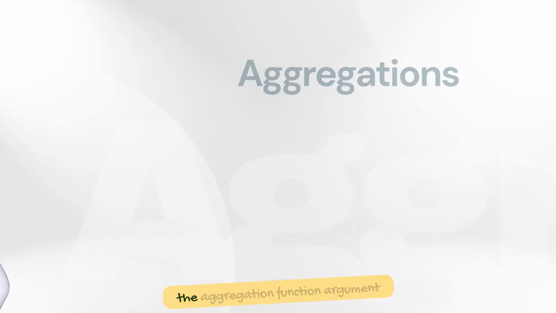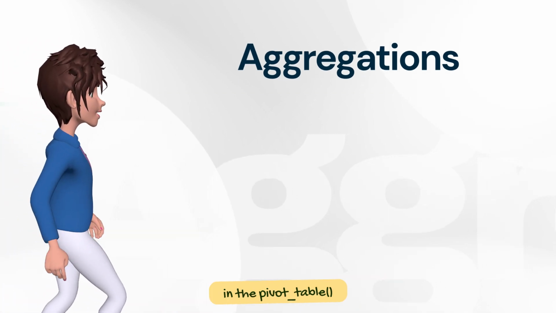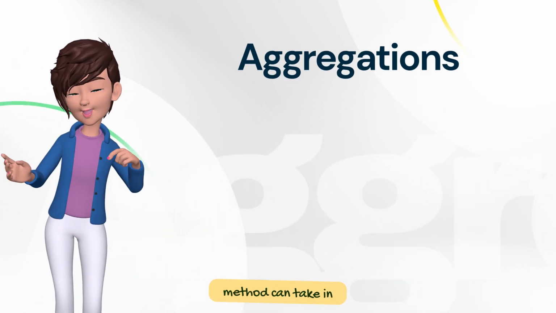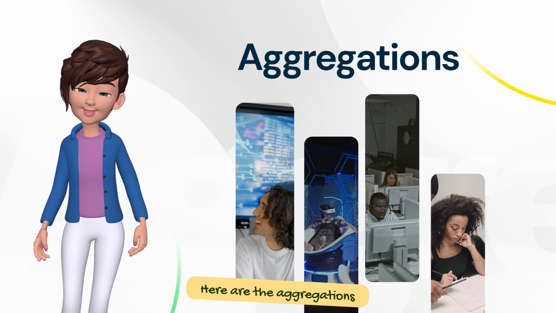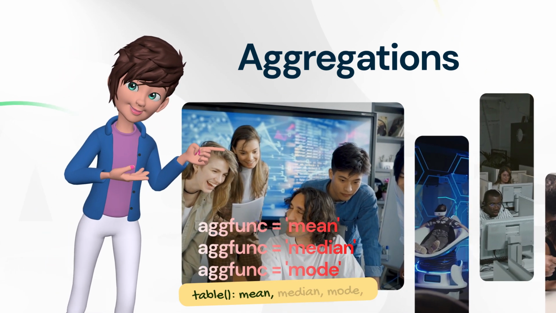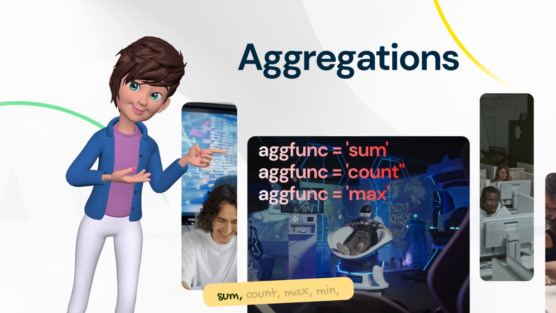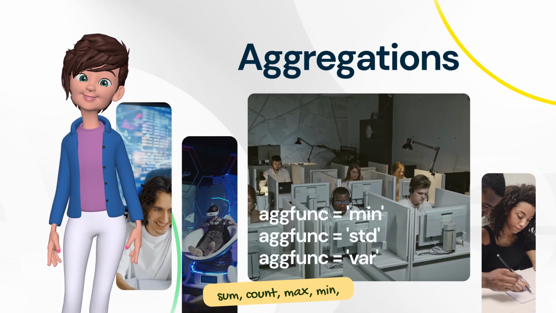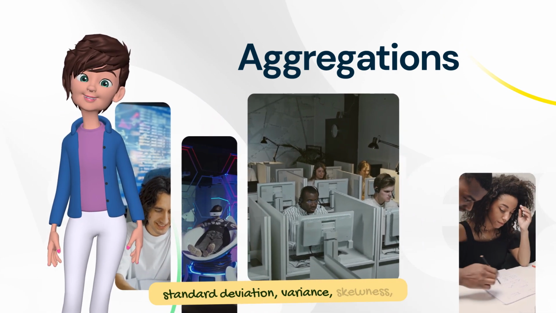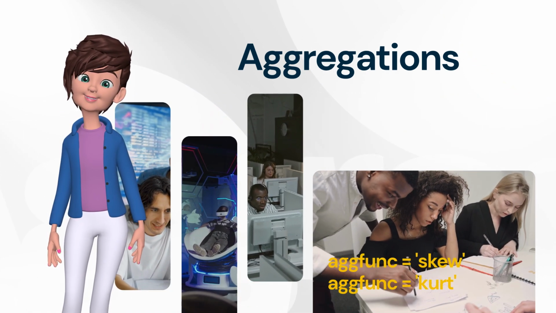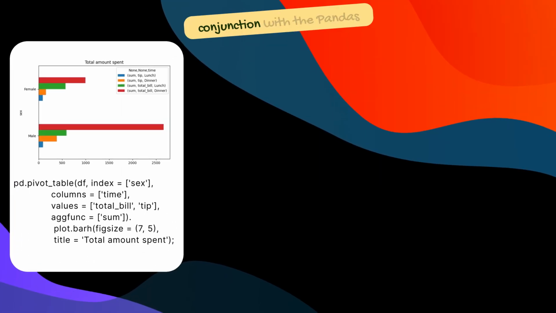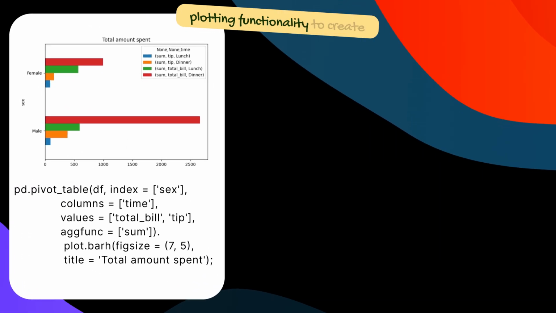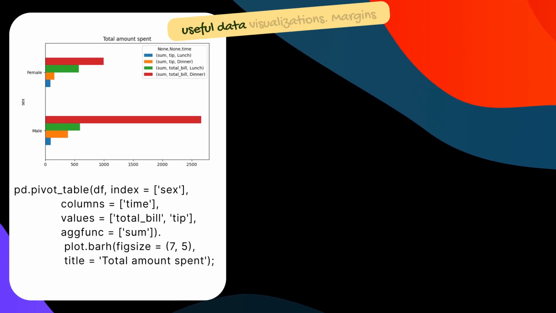As we have seen, the aggregation function argument in the pivot table method can take in one or more standard calculations. Here are the aggregations that work with pivot table: mean, median, mode, sum, count, max, min, standard deviation, variance, skewness, kurtosis. Pandas pivot table method can be used in conjunction with the Pandas plotting functionality to create useful data